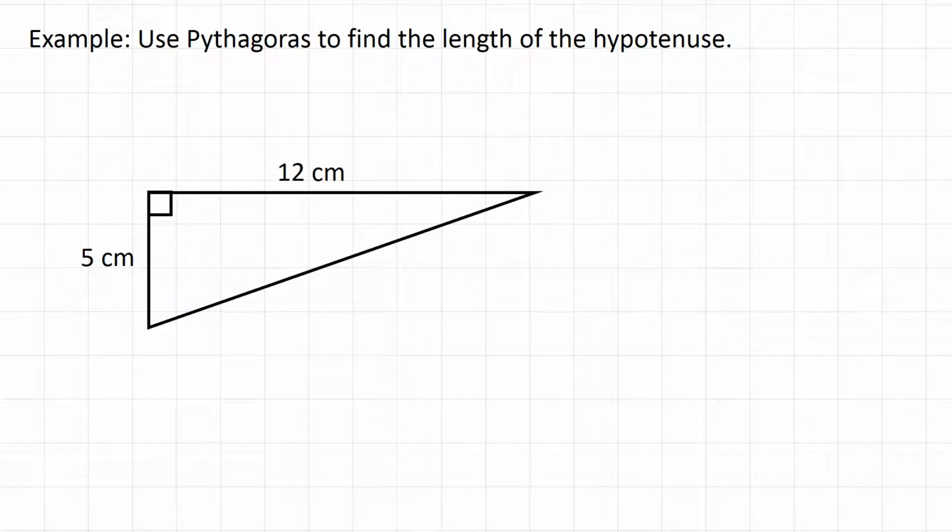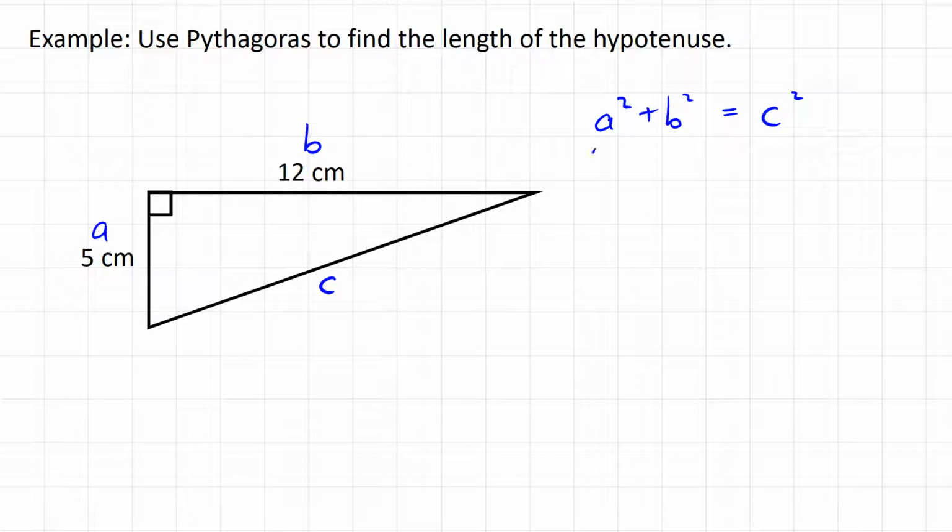So here's an example. We're going to use Pythagoras to find the length of the hypotenuse. And the hypotenuse we always call little c. And so that means these other two sides are going to be a and b. And we're going to use the Pythagorean theorem, a squared plus b squared equals c squared, to find that unknown